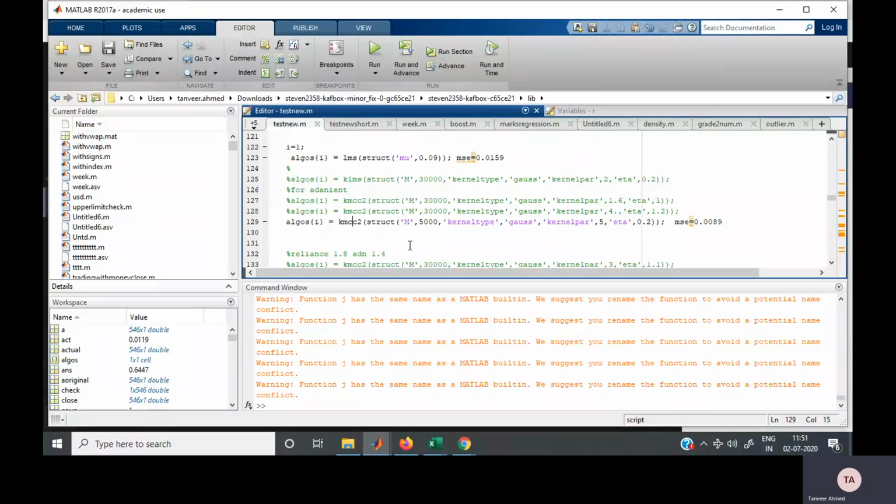So that's it about linear versus non-linear regression, and this is one of the famous libraries given by Stephen K.F. Box Miner. You can find the same library on Google, in fact on GitHub. I used that code, and that library did not have this method, kernel maximum correntropy. So I expanded the library and included kernel maximum correntropy.